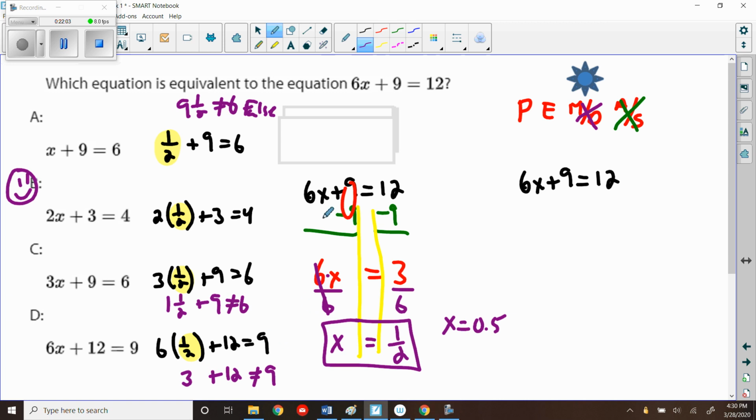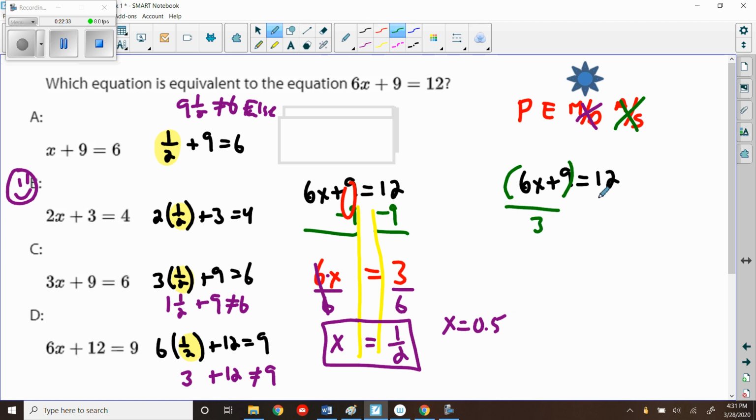So what I did was I solved this equation by undoing order of operations. Once I got the answer, I substituted it back into each of these equations to find out that it only worked in choice B. Is there another way? Certainly. The other way, that is probably quicker, would be to divide the entire left side